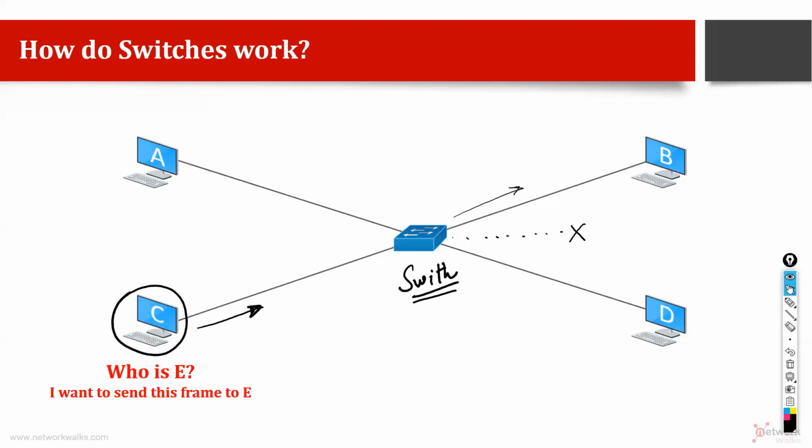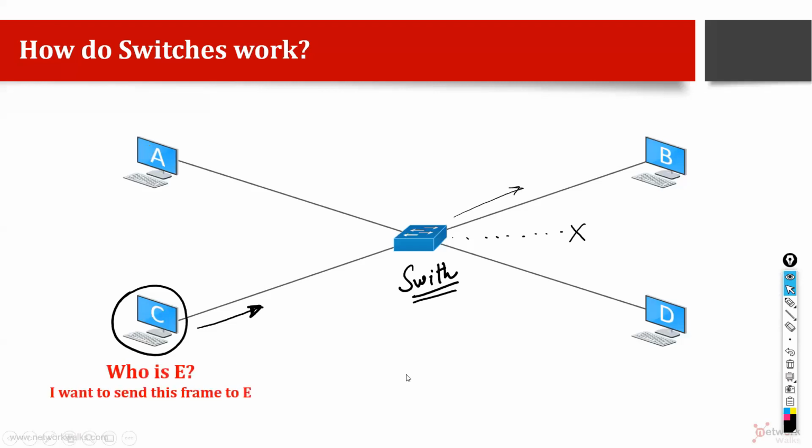But let me play the animation. Let me play the video and then we see what happens. Okay. So let's say E wants to send a message. It forwarded to the switch. And then what is the switch doing? The switch is sending to everyone else who is connected. But it is not sending back to the source. Of course, it is not logical to send back to the source.